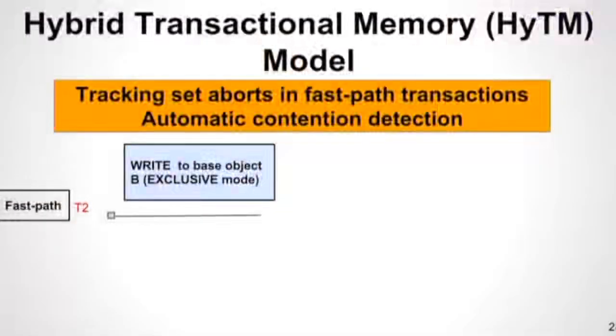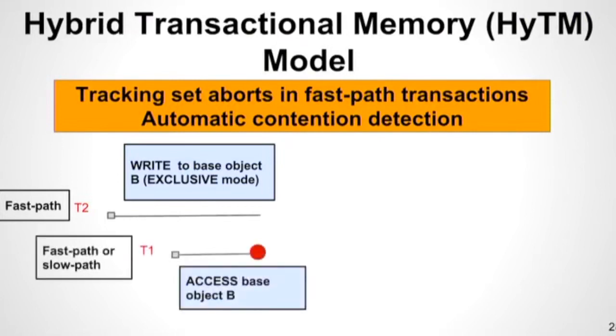So you have these tracking set aborts in fast path transactions because you're working directly with cache coherence, right? You get this automatic contention detection if someone concurrently accesses the cache state. So in this case, you have a fast path transaction T2, which is writing to a base object B, which means this object can be cached in exclusive mode. And now if you have a concurrent transaction, which is even accessing this memory location, then automatically you know